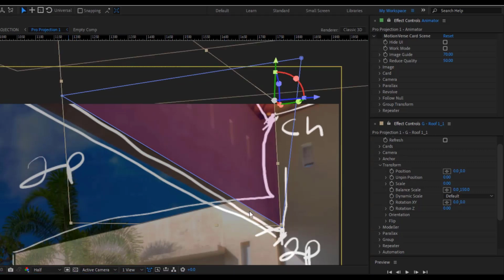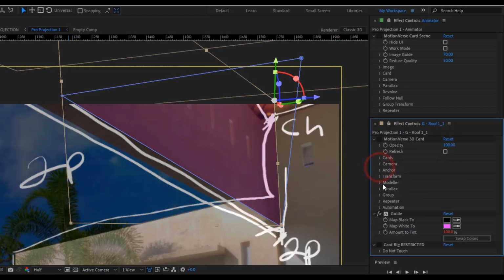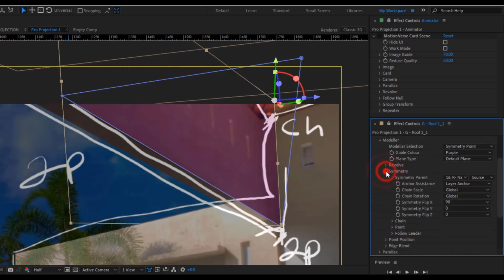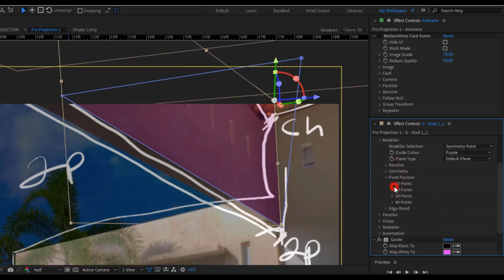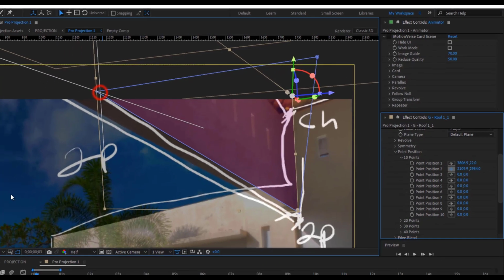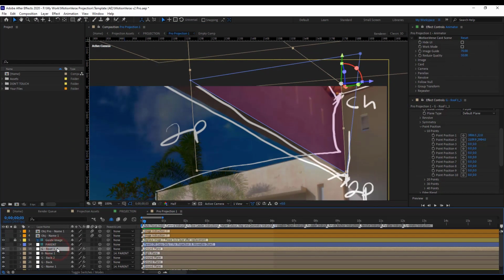Now we're going to create another plane for this side here. So we're going to use 2 points too, 1 point here and 1 point there. So we're going to go to our Modeler here, go to our Point Position, and then we can create a point here, and then create another point there. Now we can duplicate this layer,